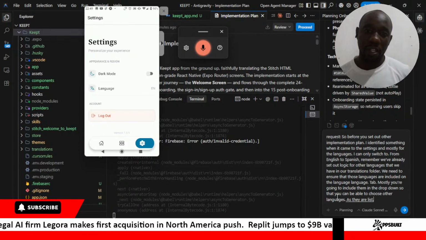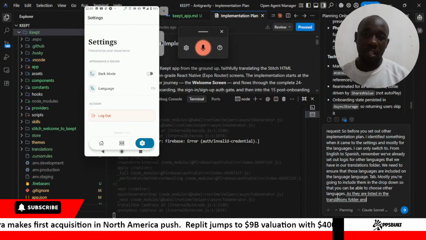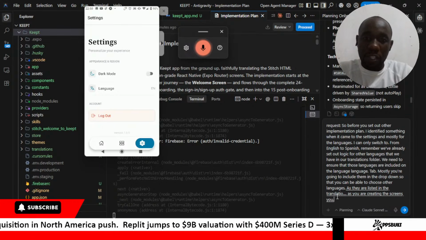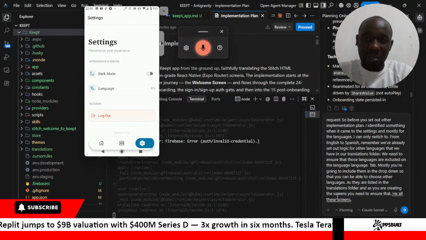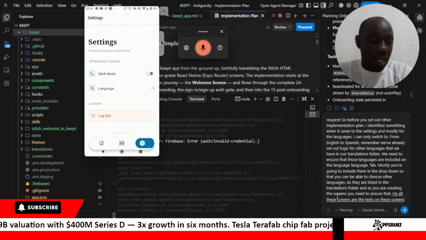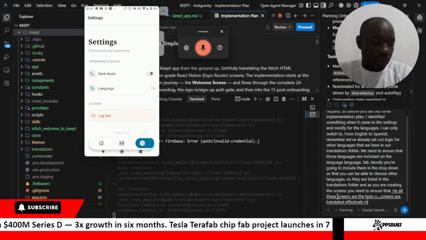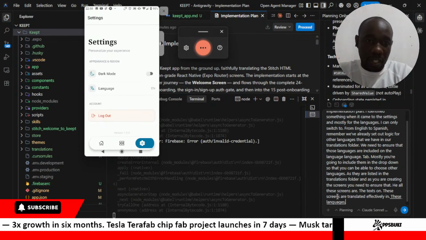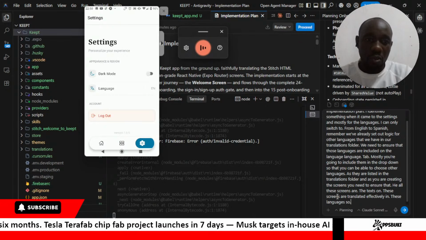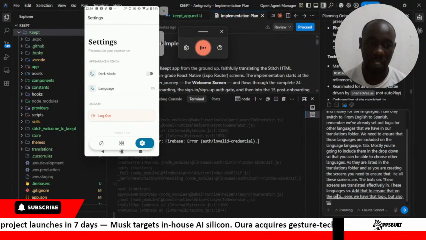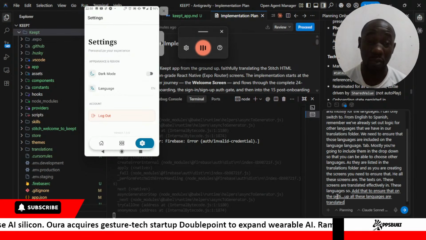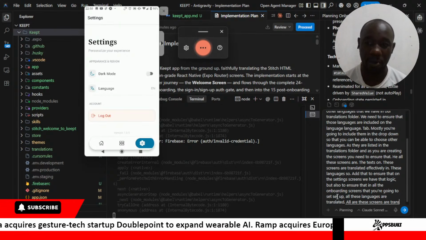And as you are creating the screens, you need to ensure that the texts on all these screens are translated effectively in these languages. So add that to ensure that on the settings screens we have that logic, but also that all the onboarding screens that you're going to set up are translated very well, so that when I switch to another language, I can view these screens in that particular language.